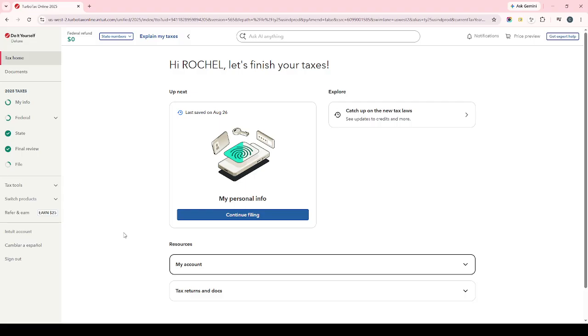When you're ready, continue through the filing steps and e-file the return again. If the system allows it, wait for the confirmation message that shows your return has been resubmitted. After that, keep an eye on your filing status for updates. If the return is accepted, you're all set. If it's rejected again,